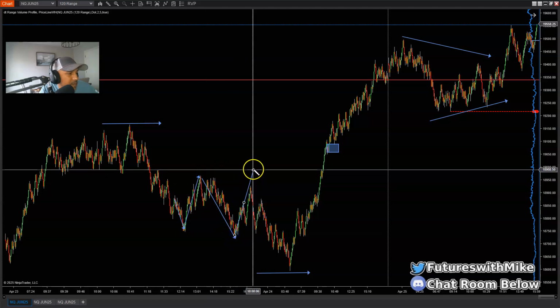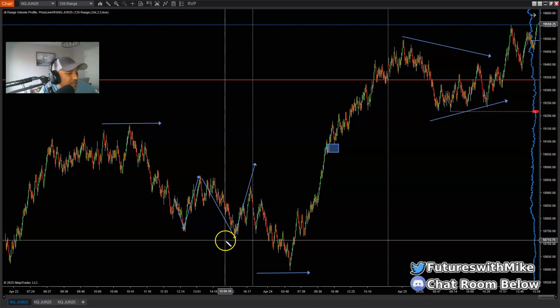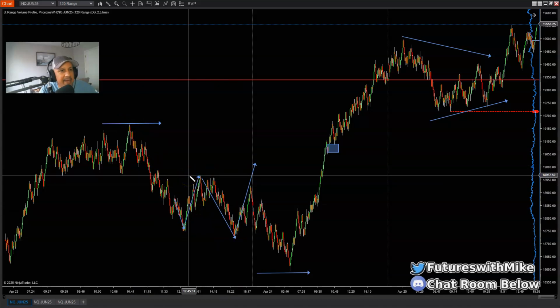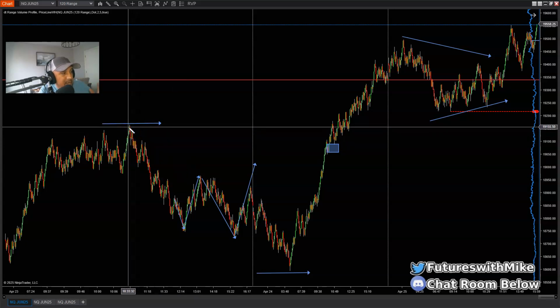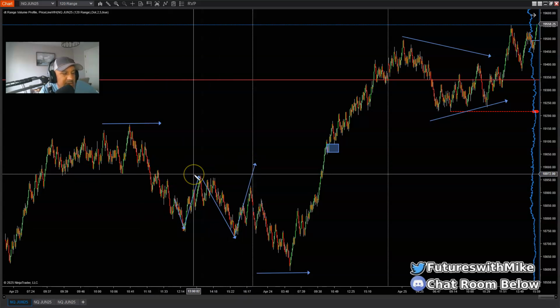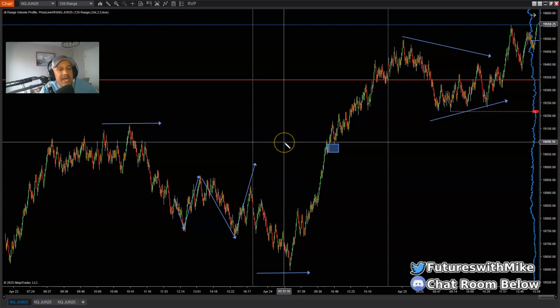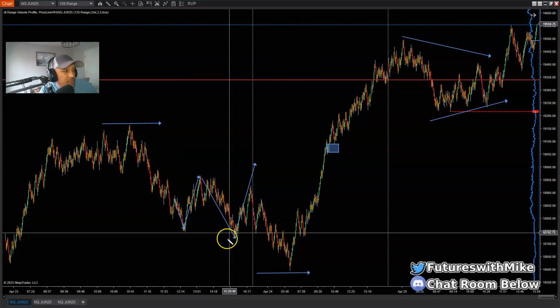So if the market pushed back up and took out a major high here, and we're in between a major low right here and a major high right here, you can have a major high resting in between a leg of a major high and a major low, like right here. If it came up and took out this major high right here, I would look for a pullback to go long. Major highs, even within a swing or at the top of a leg like right here, or breaking a major low, those are